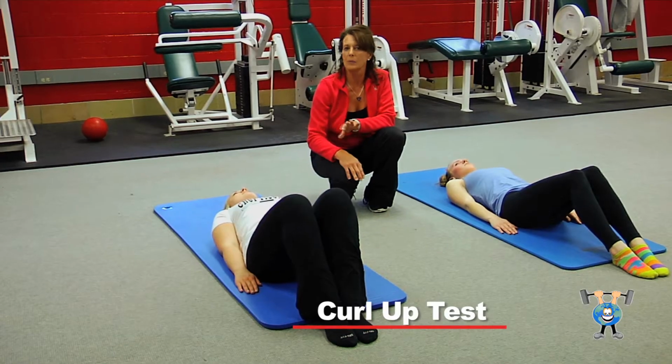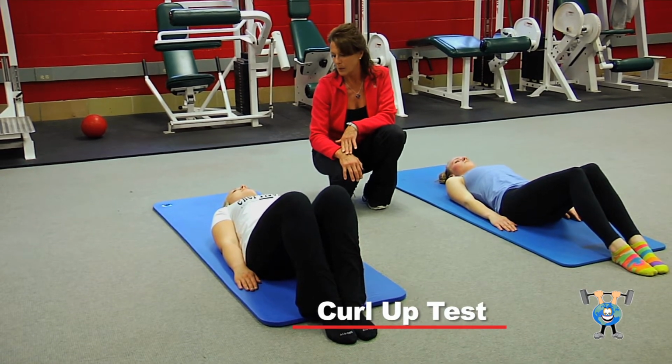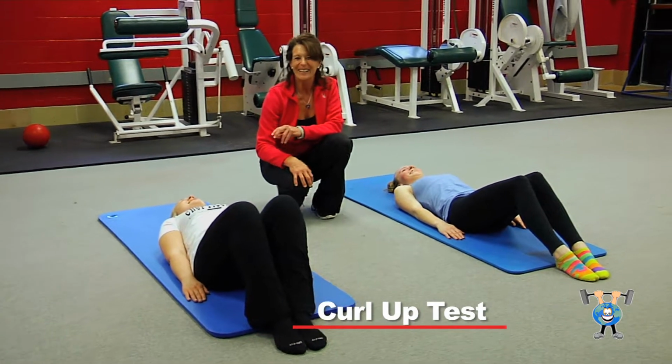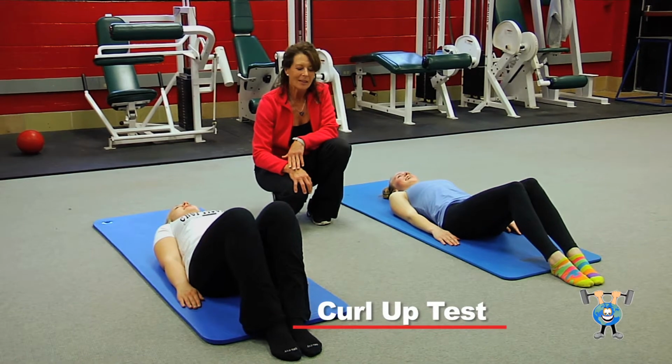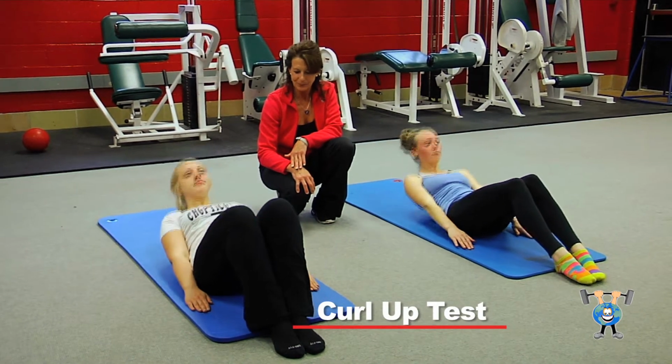We're going to do approximately 25 curl-ups to give an example of the cadence and to give an example of how successful and strong these women's abdominals are. Ready, ladies? Ready. Up, down, 1, up,